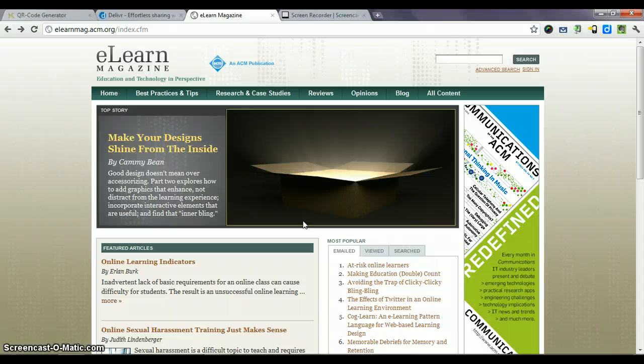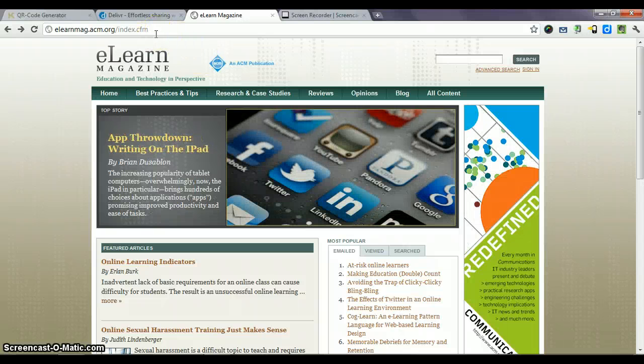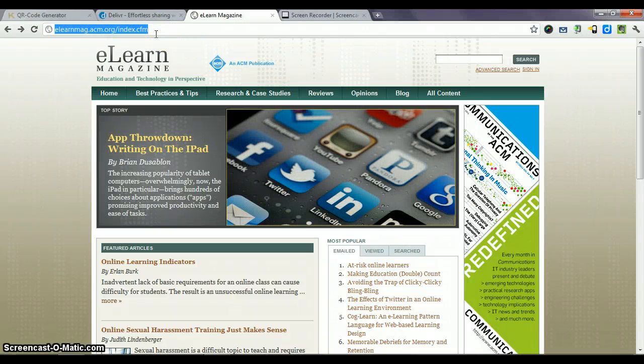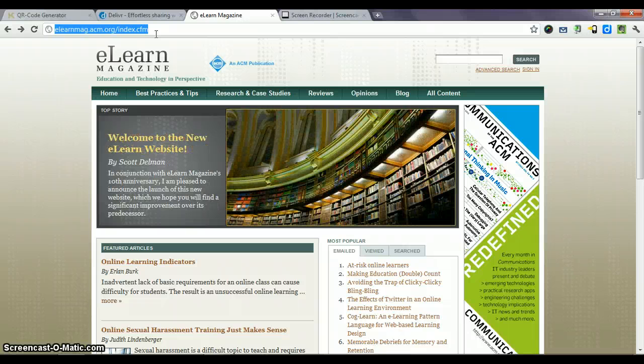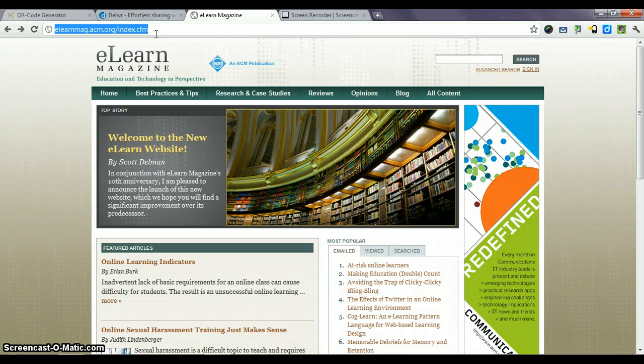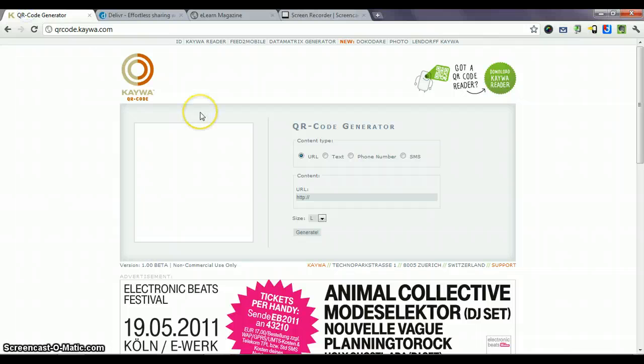So as an example as to how these work, what I'm going to do is take the URL of the eLearn magazine, and I've just copied that onto my clipboard there. The first one that I'm going to show you is qrcode.kywa.com, and you can see the URL for that address up here in the address bar. What I do is I take the URL that I've already copied from the eLearn magazine, and as you can see I've pasted it in to this window down here that says URL. I can then click generate,